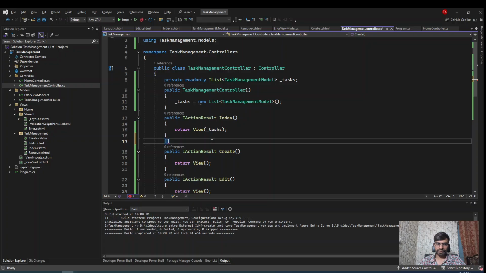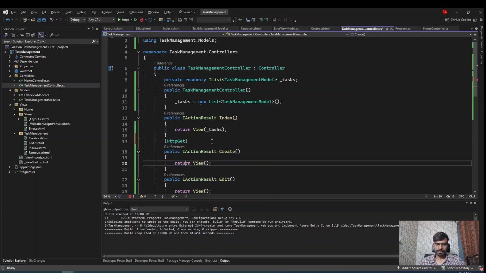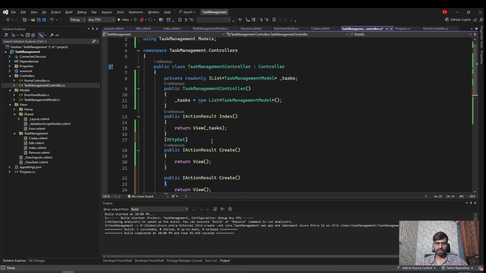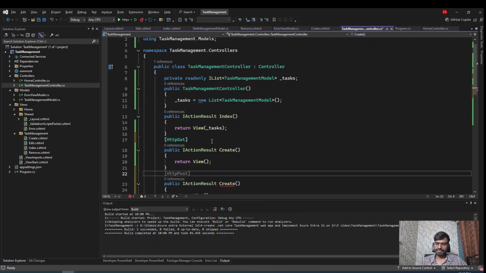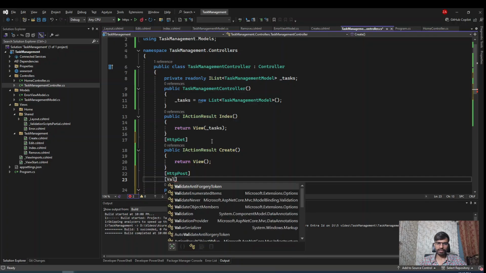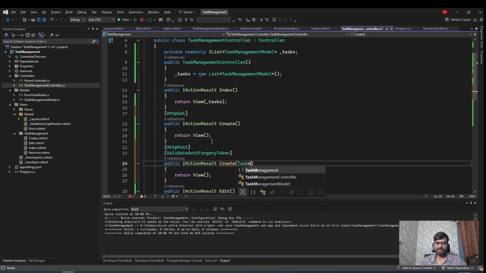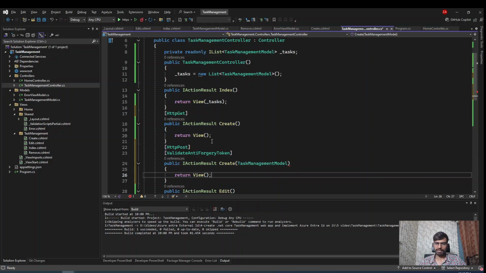This is a get method, so let's add a get verb here. Let's create a post method to create a task. Post. Let's secure this with validate anti-forgery token. It will receive task management model,